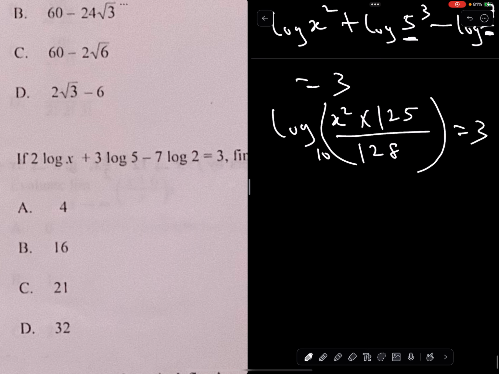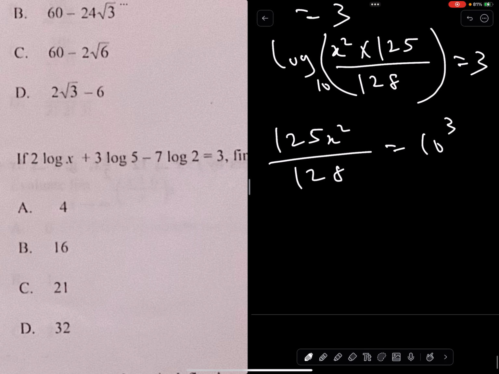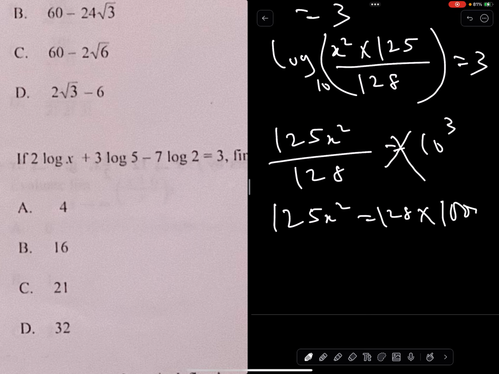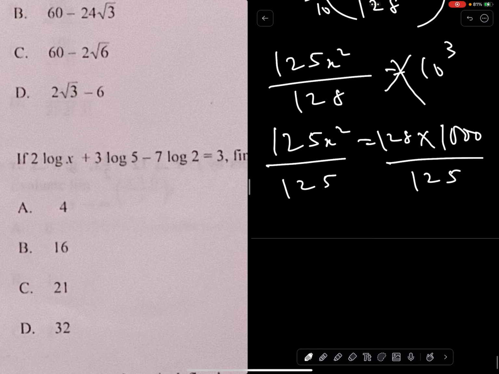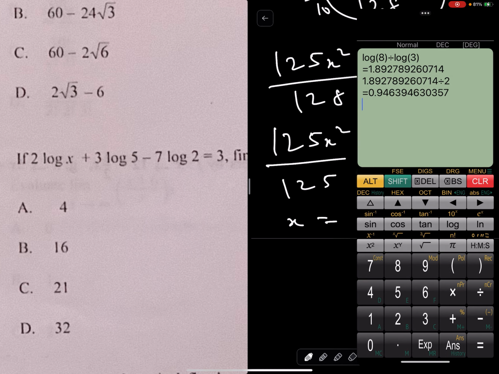And I can write this simply as 125x squared over 128 equals 10 raised to power 3. That's changing the logarithmic equation to writing it in index form. So that simply means 125x squared equals 128 times 10 raised to power 3, which is 1000. And this simply means we can divide both sides by 125 to get x squared. If you do that, you're going to get x squared equals, let's check that quickly,